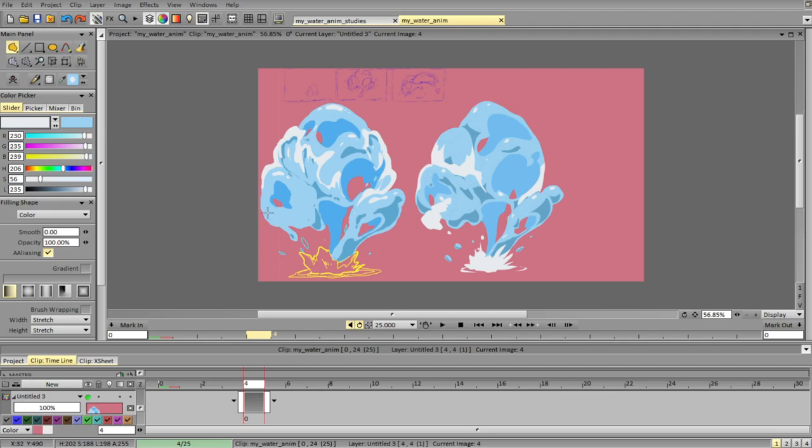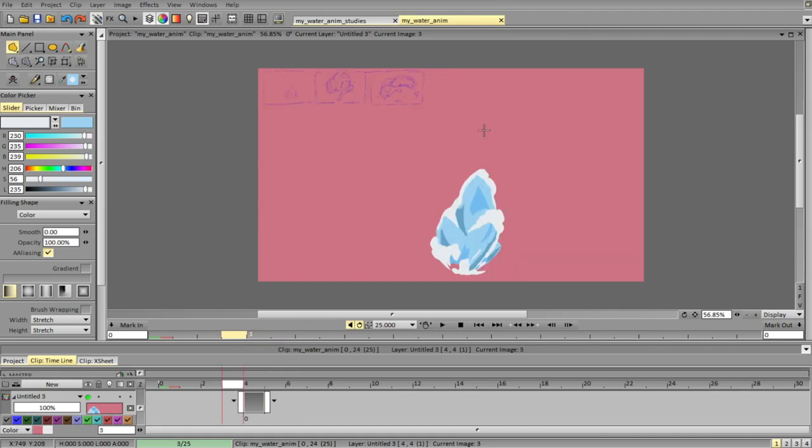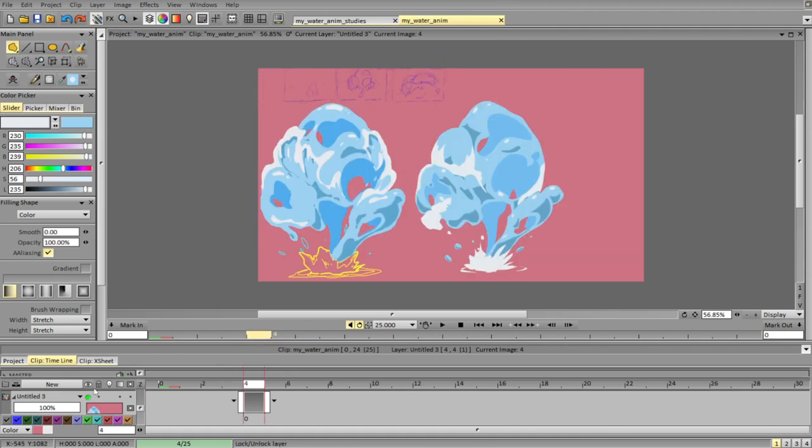Then the white color will be more dominant. So these are options. You can go with either of them. So overall, it's working pretty well.